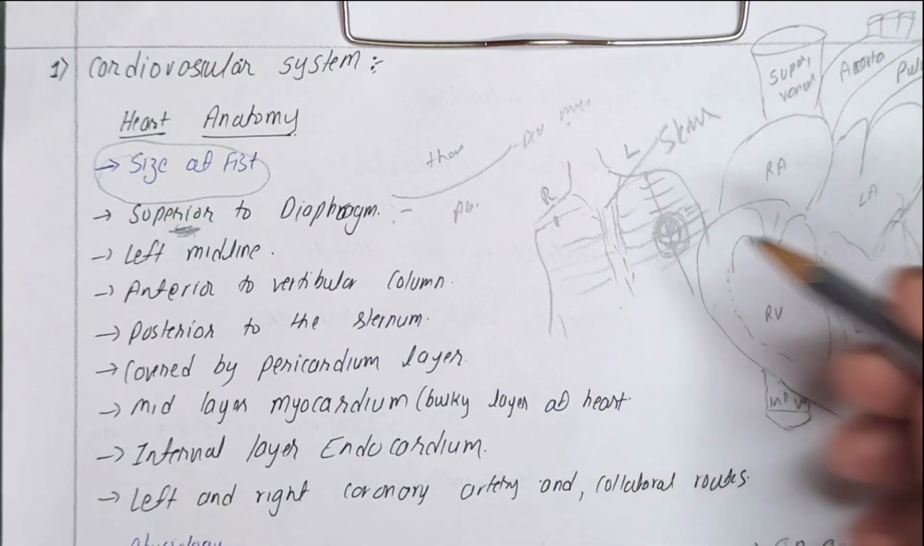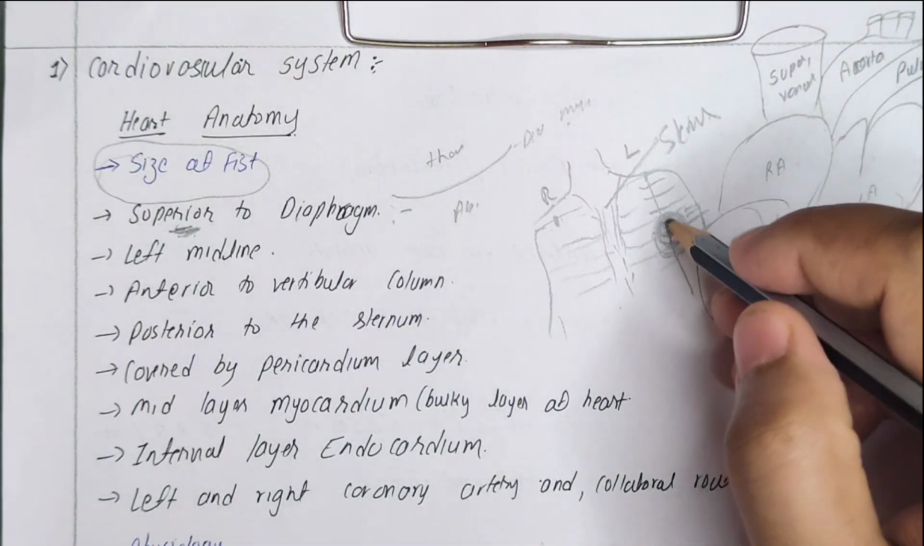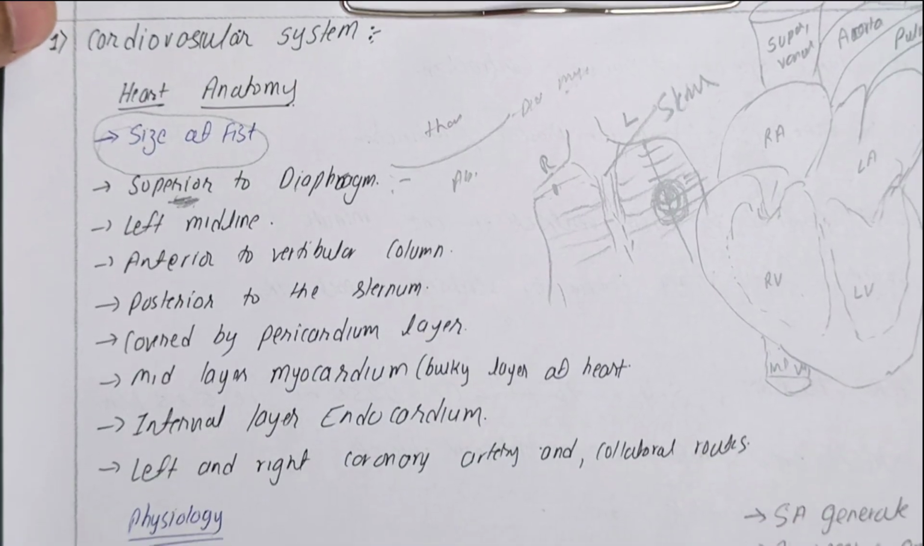Like lungs are covered by the pleural layer, brain is covered by the meningeal layer. Similarly, our heart is covered by the pericardial layer. Then,